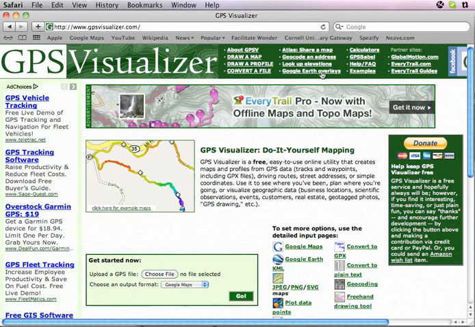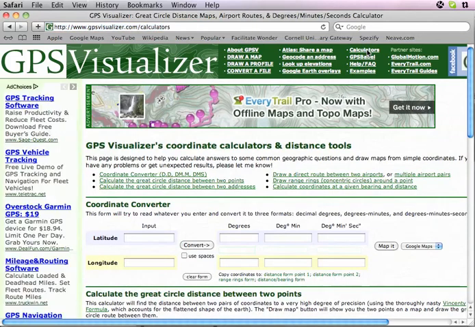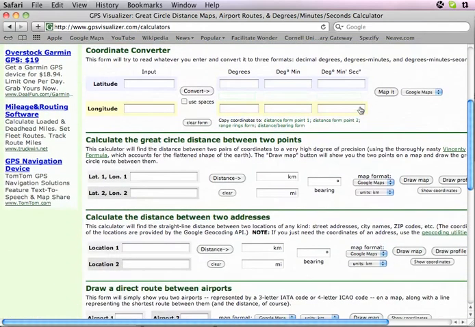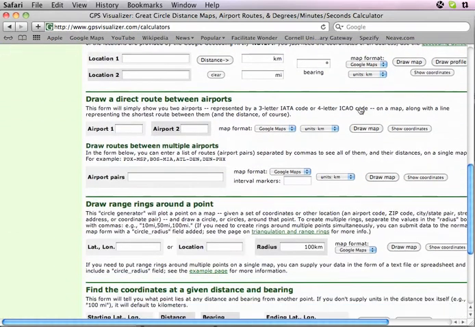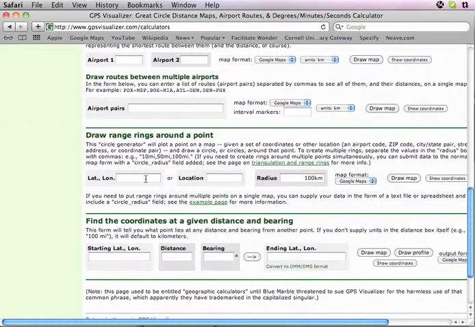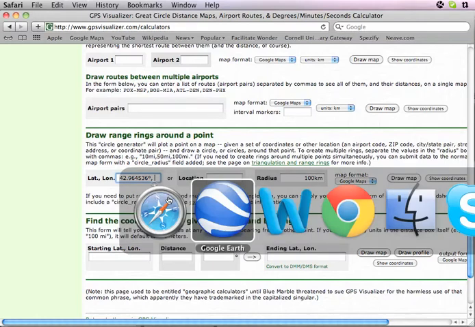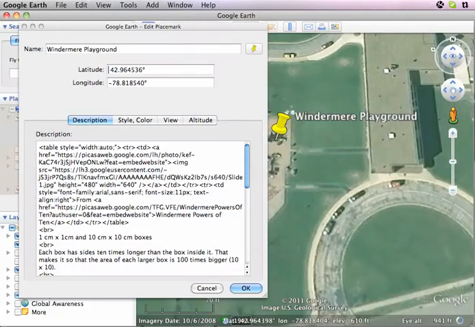I recommend fiddling around with the Google Earth overlays, but what we're going to be working on is using something on the calculators page. We're going to scroll down to draw range rings around a point. We're going to copy in the latitude and longitude, and I just copied the latitude from Google Earth over here, and now I'm going to copy the longitude, and remember that we set it up